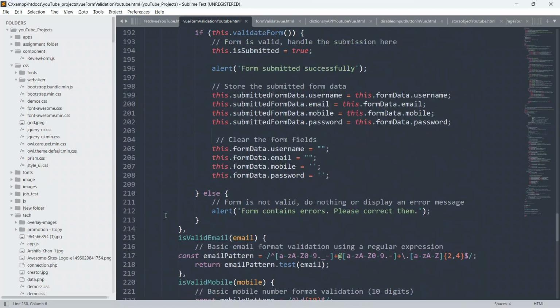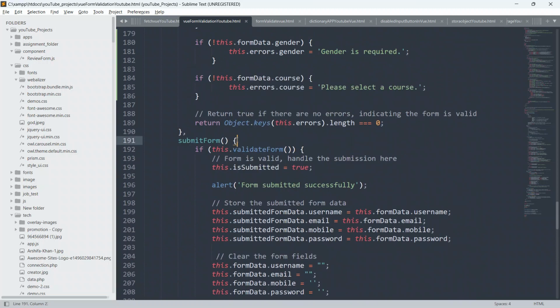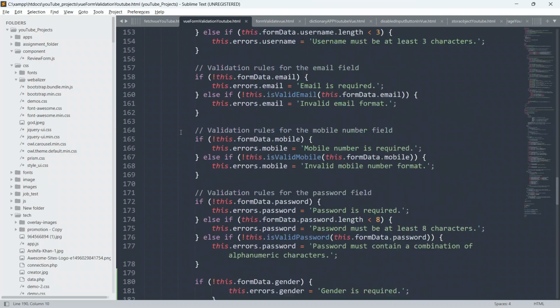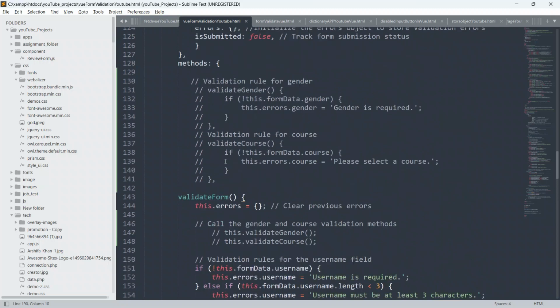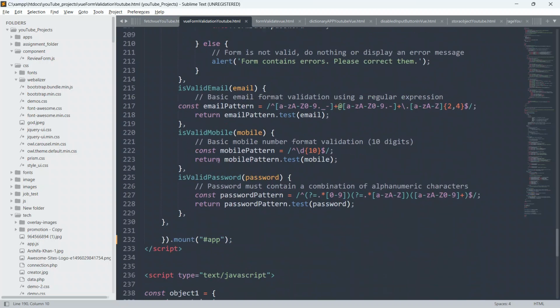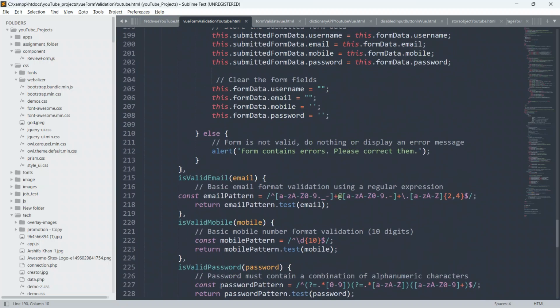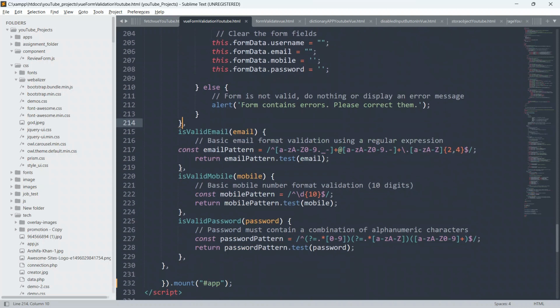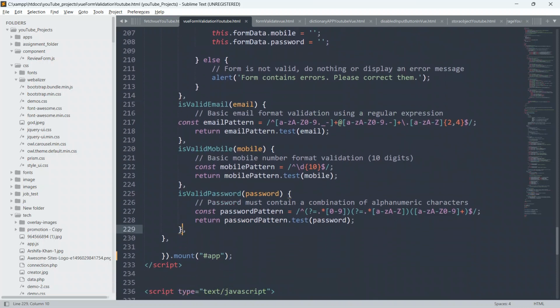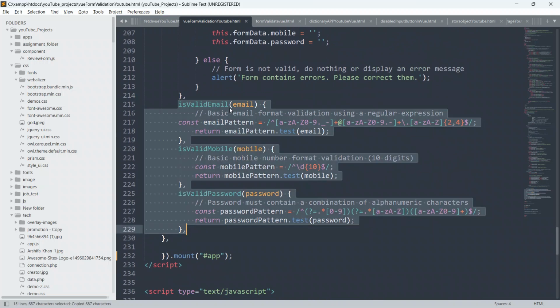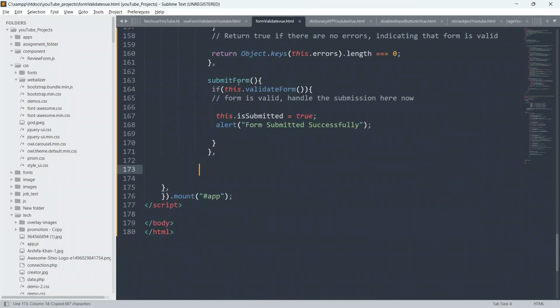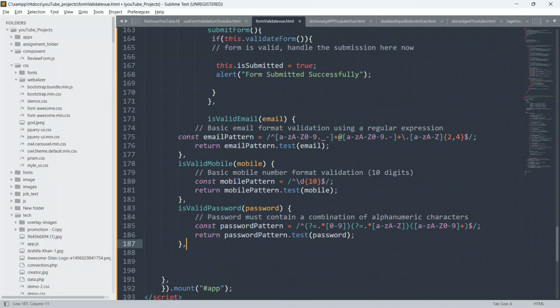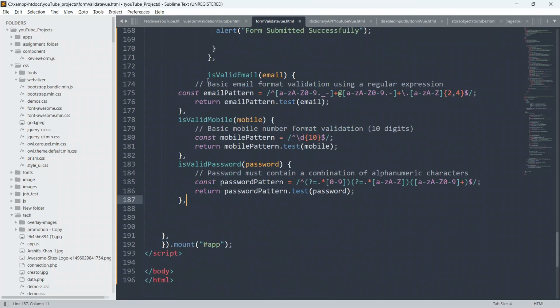Just copy this from here, go here, and below this just paste it, and I will explain you.